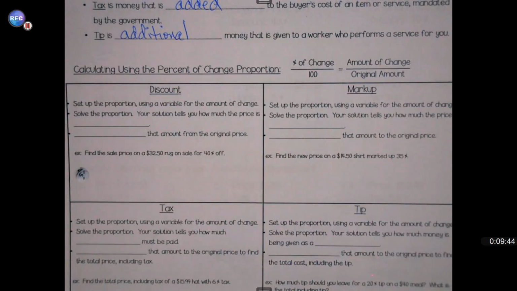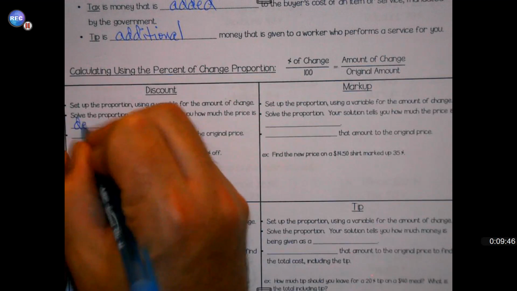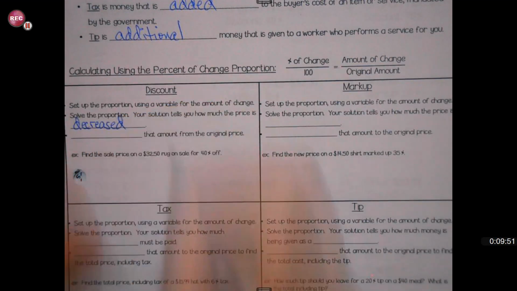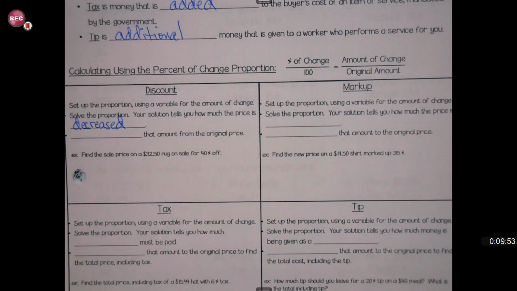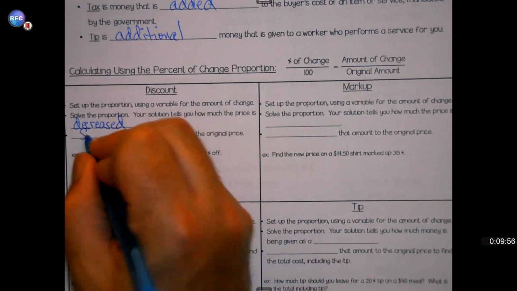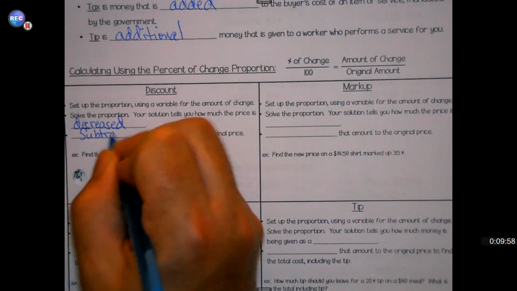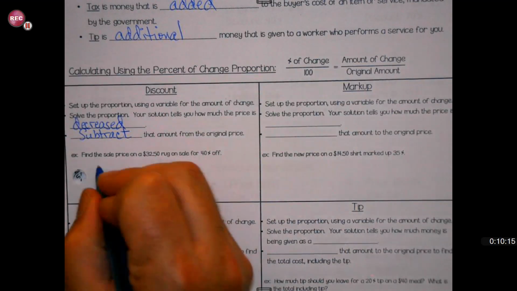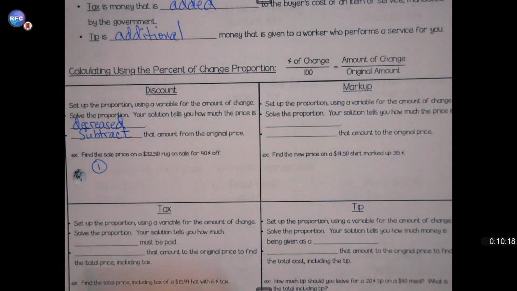Here, our solution tells us how much, remember letters, Hardy, letters, how much that price decreased. And then you're going to subtract that amount from the original price. So it's a two-step process. So for example, find the sale price on a $32.50 rug on sale for 40% off. Okay, job one. We need to figure out,